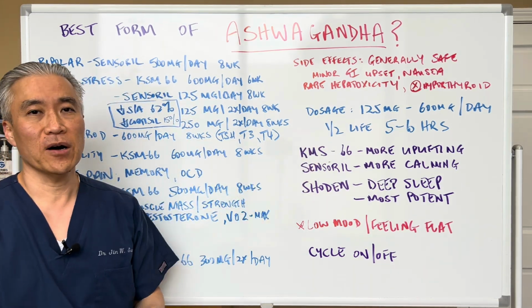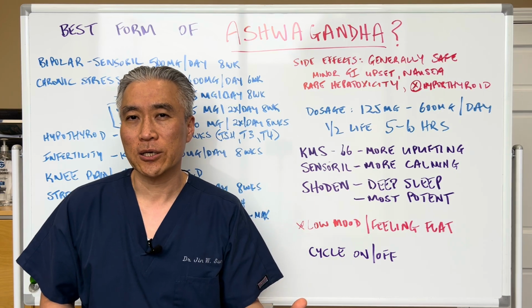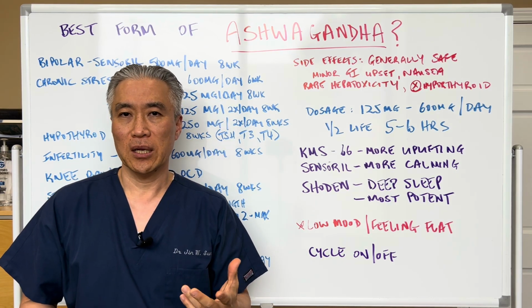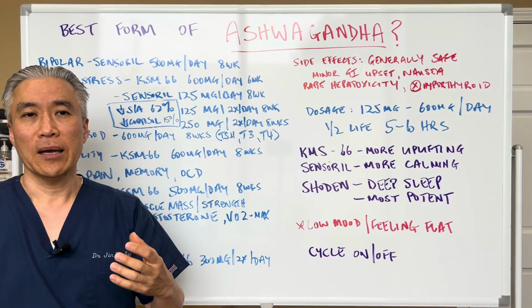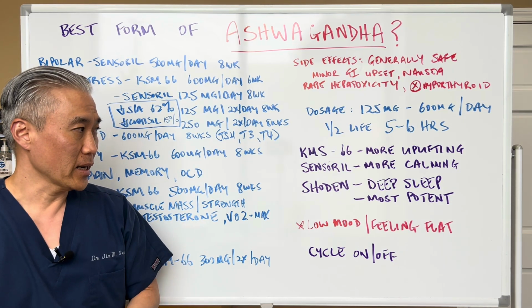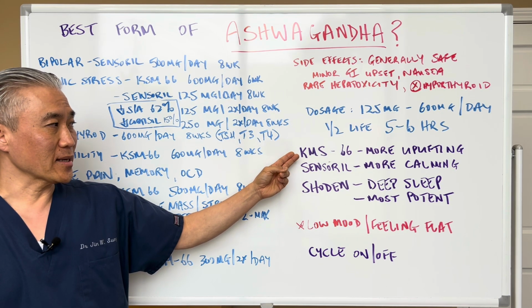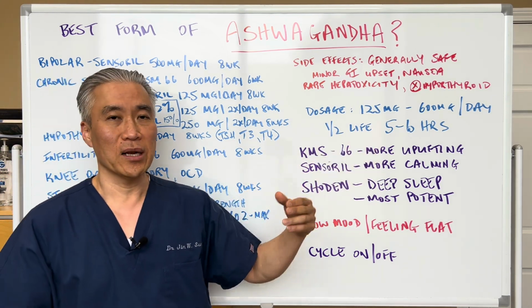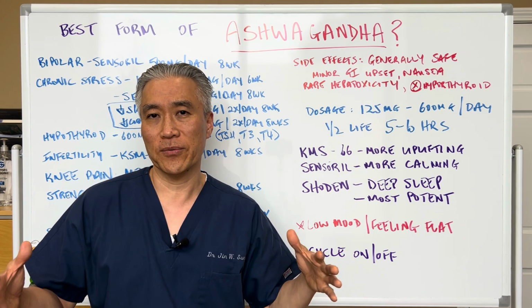And the half-life of ashwagandha is 5 to 6 hours. So it basically clears out of our system in about 2 to 3 days. So you have to dose appropriately and be consistent with it, and you could reap the benefits of it, all right? Now, it's been noted that KSM66 has more of an uplifting type of therapeutic benefit,